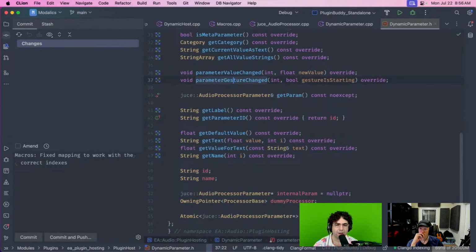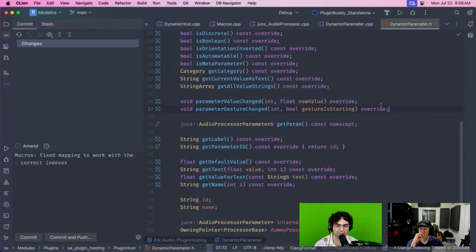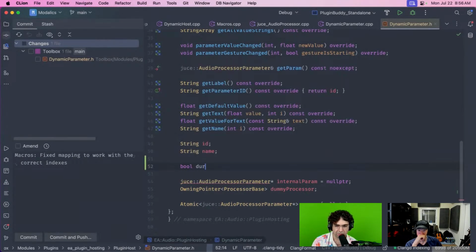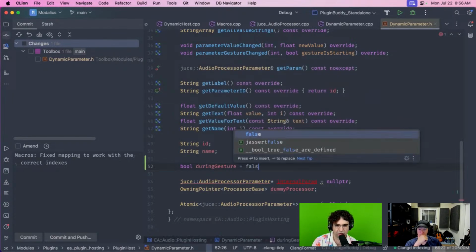So I think what happens is as I'm listening to this hosted parameter, and the host parameter is sending me a release because I'm letting go of the mouse. But what I'm doing kind of naively is reporting that back to the big host. But what Juice is saying is, well, don't do that because you didn't report having the gesture starting, like the mouse click. So I need to do something like bool during gesture equals false,